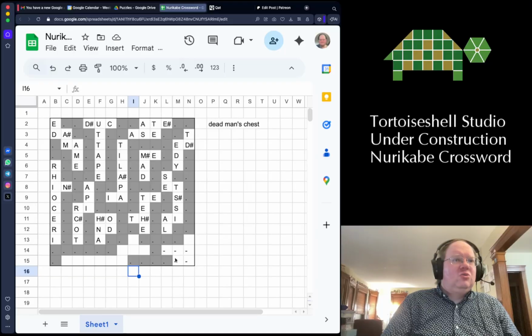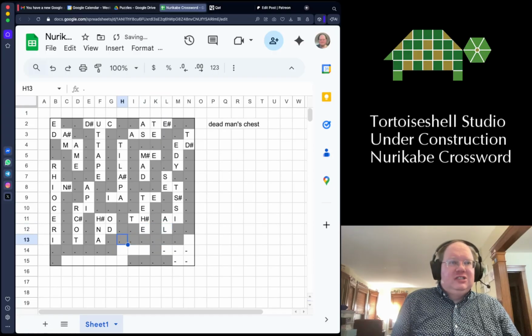Does that work? No, it doesn't. Because we need to be able to get from here to here. So we would need something like that. But